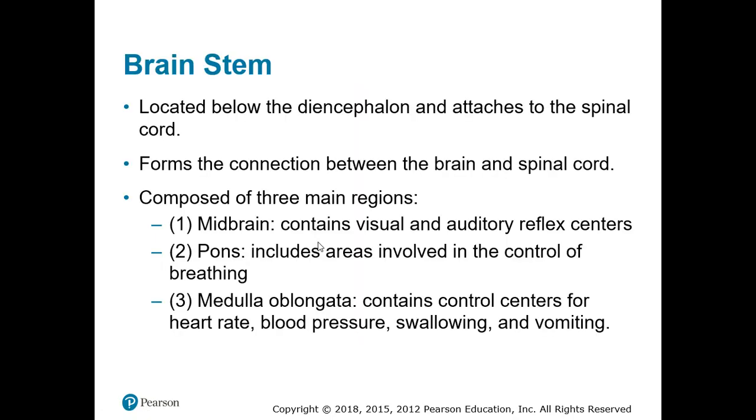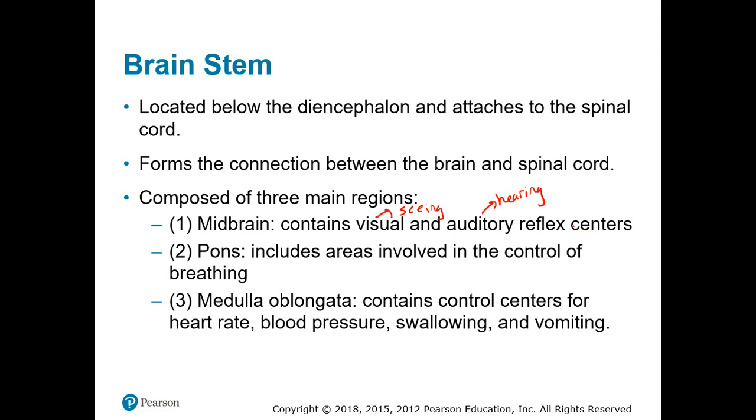The next major structure of the brain is the brainstem. This is located below the diencephalon and it actually attaches to the spinal cord. Its major function is to form that connection between the upper parts of our brain and our information coming in through our spinal cord. It is composed of 3 main regions as well. The first region is called the midbrain. This contains visual, so this has to do with seeing or sight, and then auditory has to do with hearing,